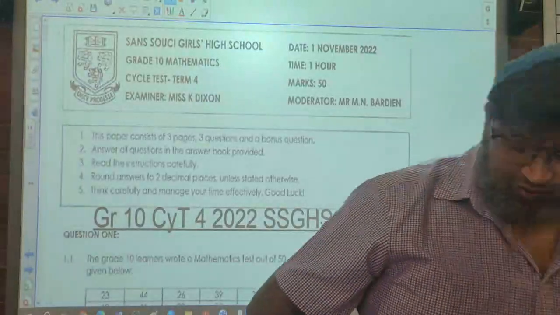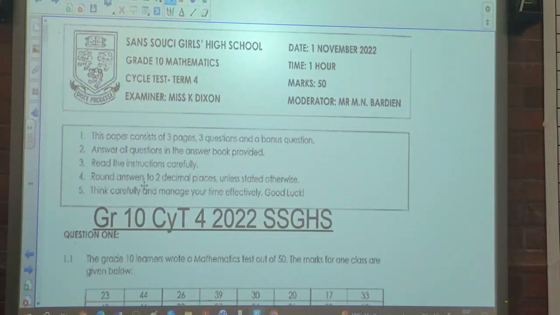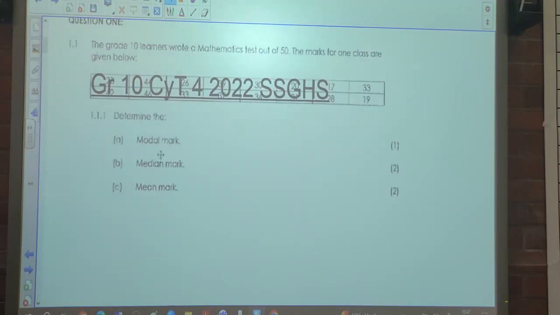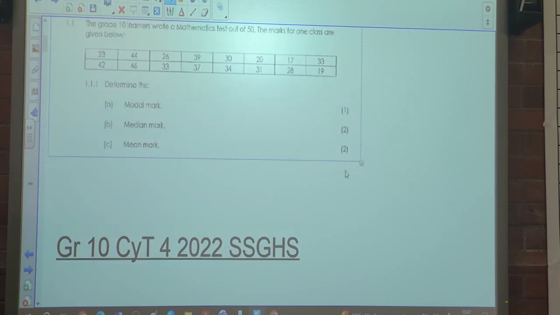So today we're looking at the cycle test 4 of our school of November 2022. Alright, so let's look at the first question. The question says,